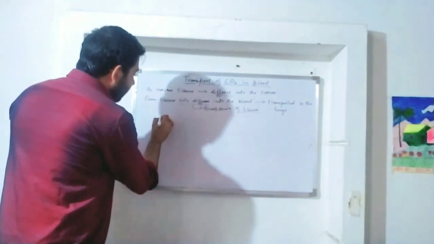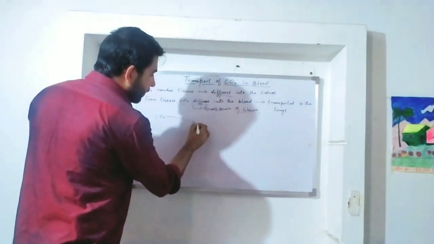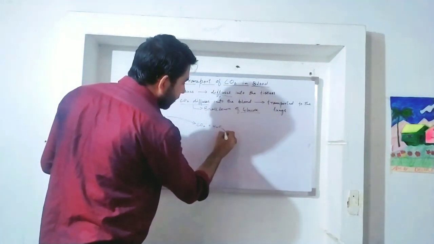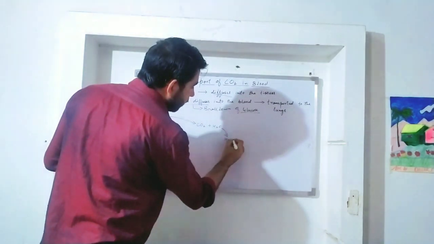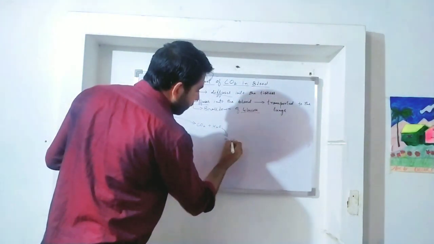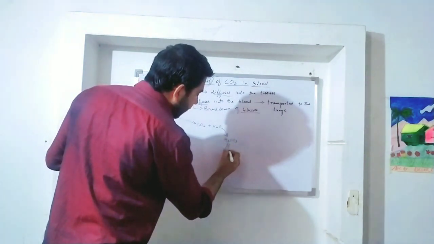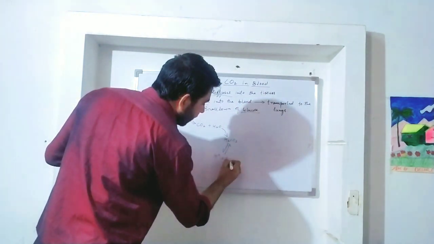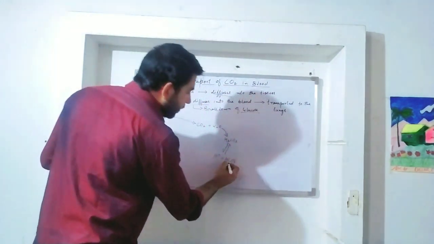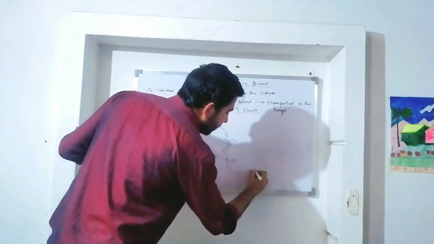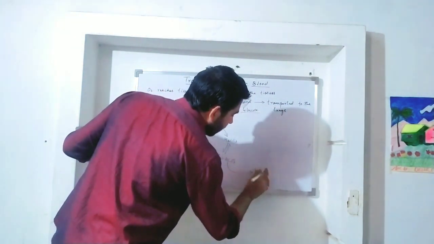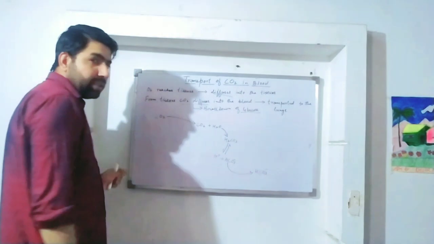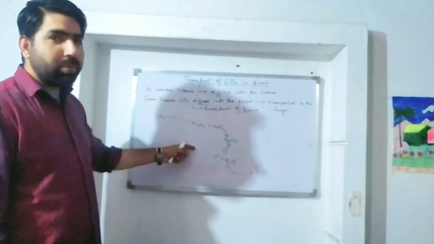First of all, carbon dioxide from the tissues diffuses into the RBC, where it reacts with the water molecule to form H2CO3, and again the H2CO3 is then split into H positive plus HCO3 negative. Now this HCO3 negative is expelled out from the RBCs into the plasma. Here the H positive ion concentration will go on increasing, and the amount of positive charge inside